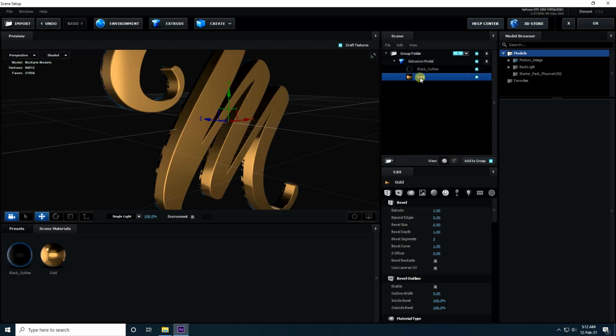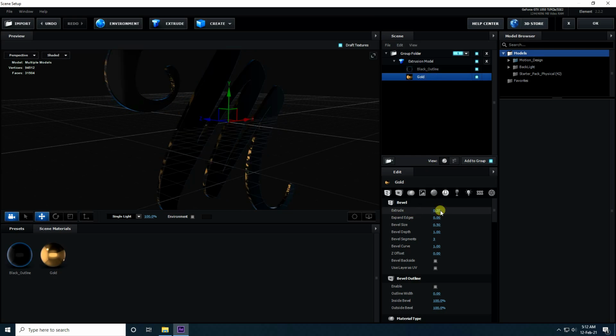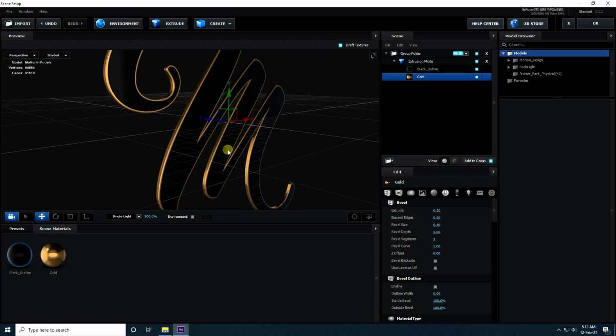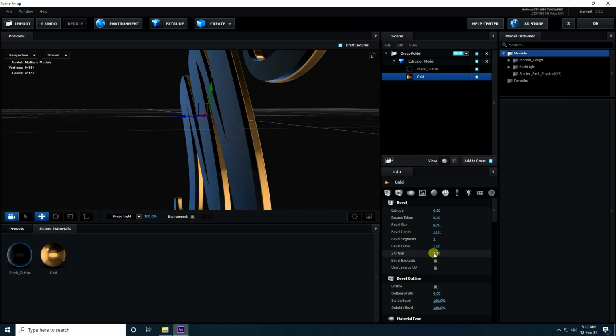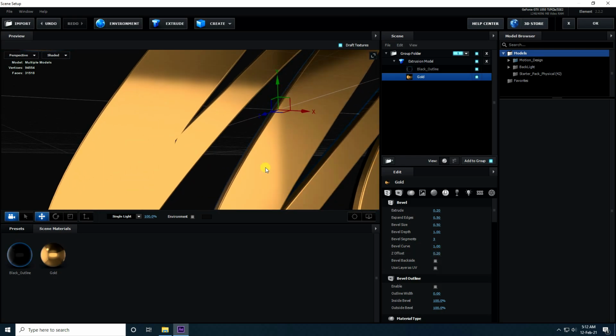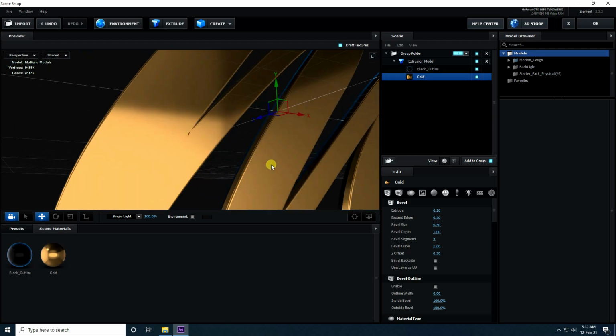Select this gold material and extrude the same 0.2, and expand edge I take 0.5. Go to Z offset, I take 0.2. See guys, that's my bevel effect.